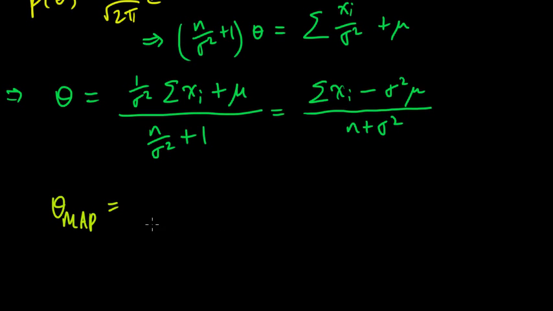Let's actually make this 1 over n times n, we can always do that. And this is the sample mean here, which I'll write as x bar. So this equals n divided by n plus sigma squared times x bar, just the sample mean,